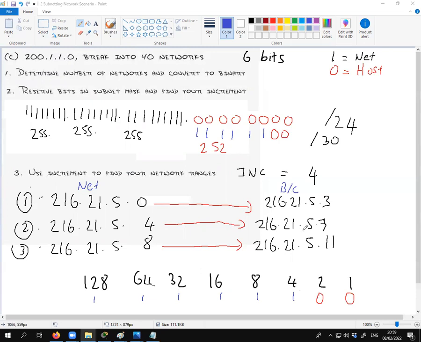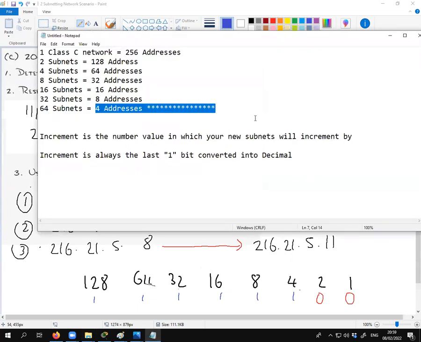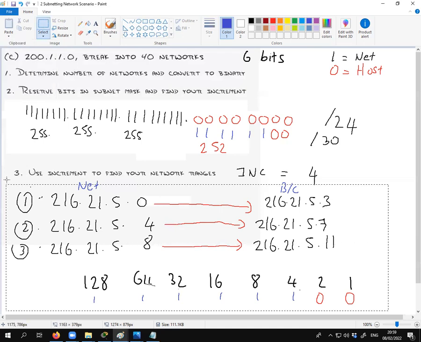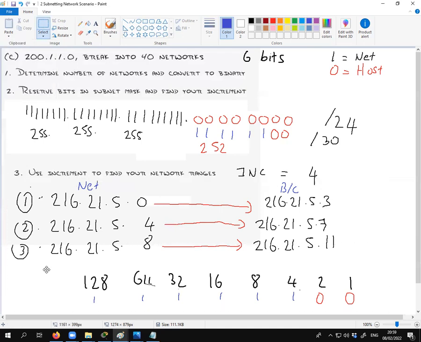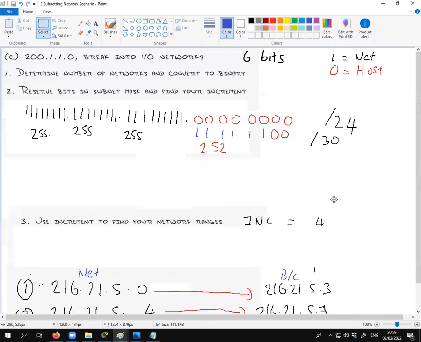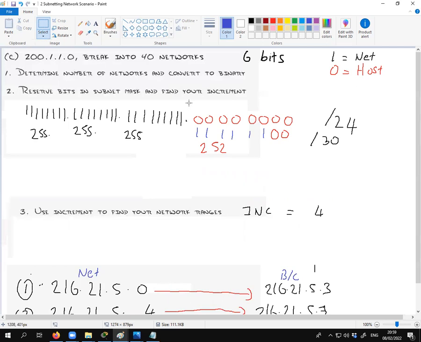Can you remember the formula that we used to find out how many subnets and how many addresses? I know we had the table, but what was the formula? Something to the power. So 2 to the power of, how many subnet bits did we borrow? 6, wasn't it? So 2 to the power of 6